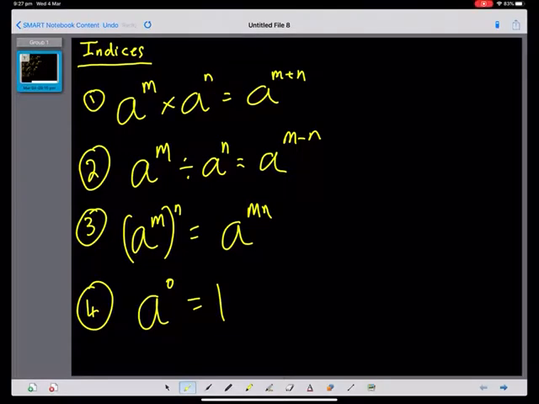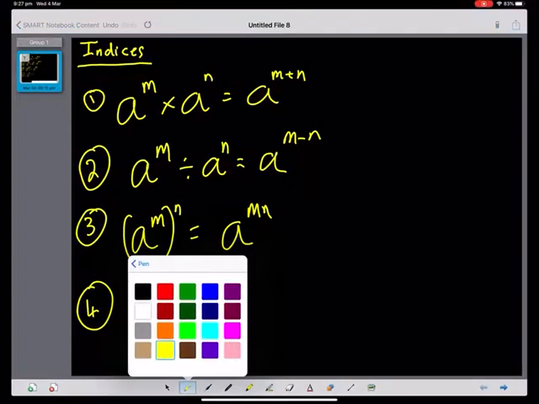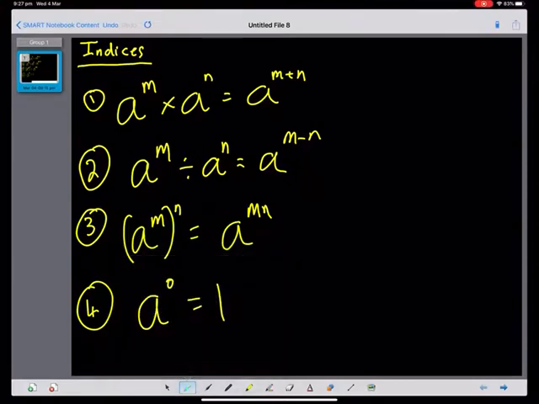Let's take a closer look at the index laws. So we've got 4 index laws here. There are more, but we're just going to focus on these at the moment. Those are the laws, and I'm going to give you a quick example. So we refer to this as the base and this as the power